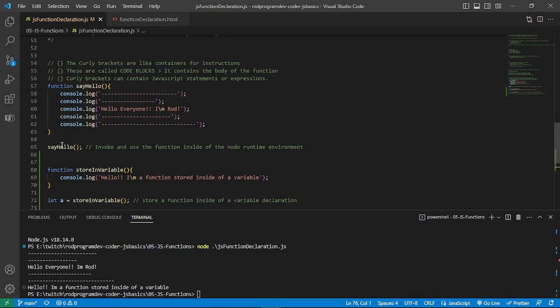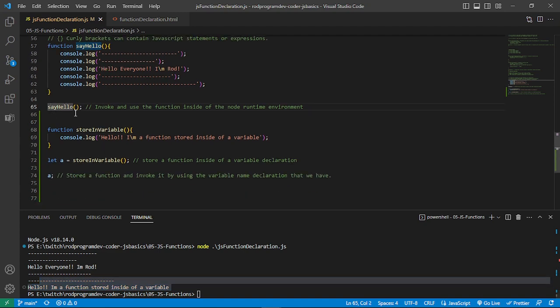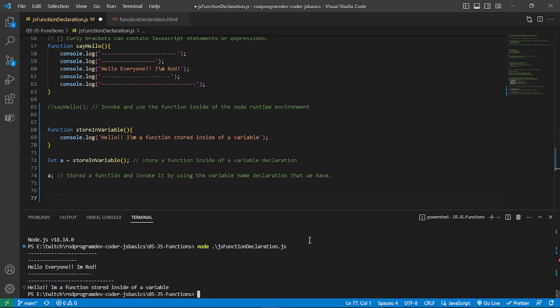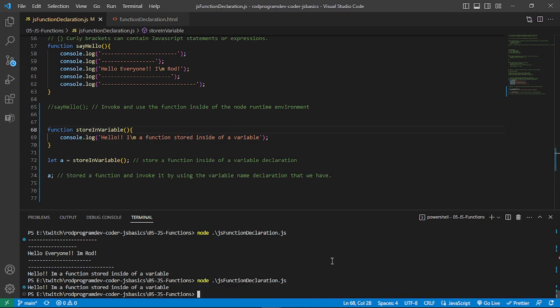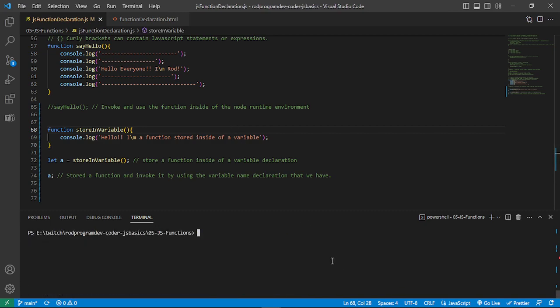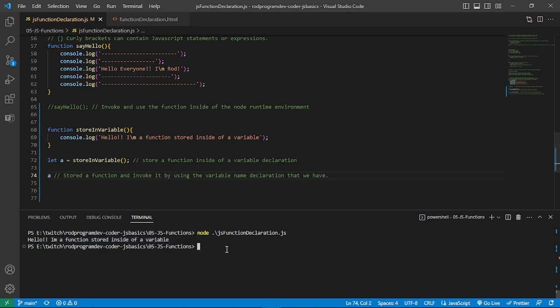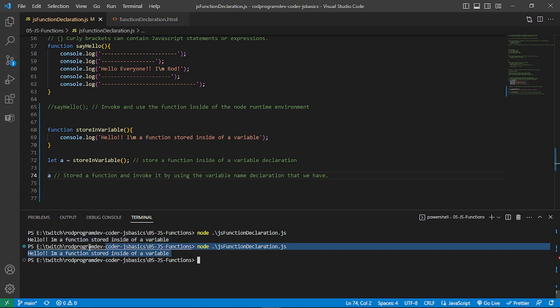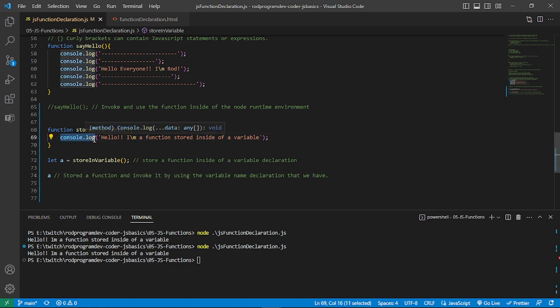Let's try to comment out. So you'll see there's that. Let's comment this out first. The one that we're calling, say hello there. Let's save this. Hello, I'm a function stored inside of a variable. And we're invoking it this way, you know? Or we're just invoking. Can we remove the parenthesis there? I'm a function inside of a variable. We don't need to console.log it anymore, because